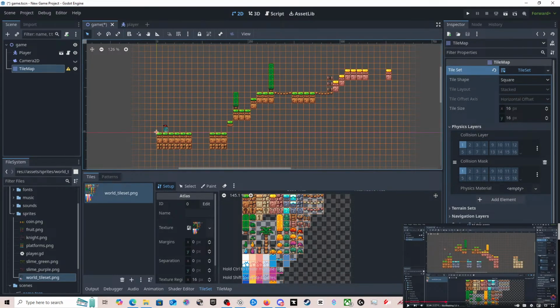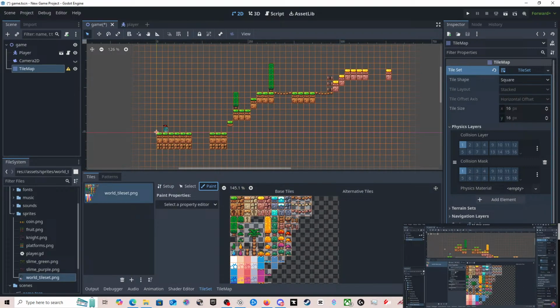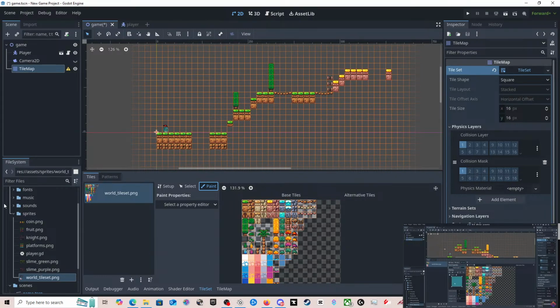Cool. We're getting there. Then with this layer, we can go under our tile set. Choose what tiles belong to the physics layer, because we don't want to collide with everything in our tile map. Trees and bushes, we just want to pass right through. So let's go to paint here, and the property that we want to paint is the physics layer 0 we just created.